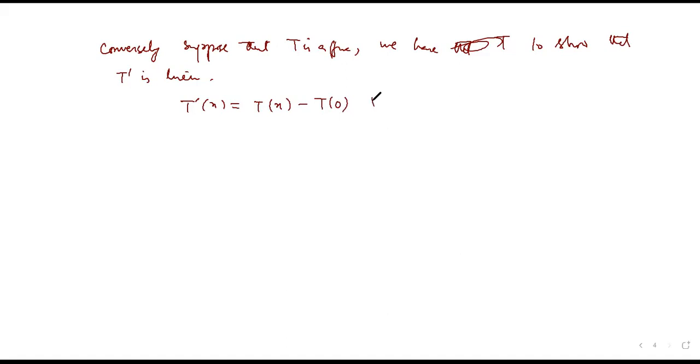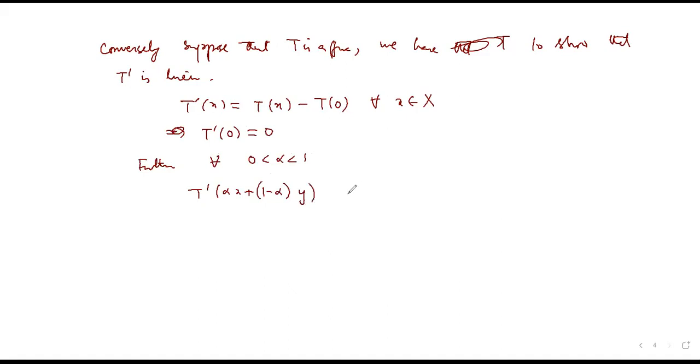That's the definition for all x belonging to X. Now it implies that T dash at 0 is actually equal to 0. Further, for all 0 less than alpha less than 1, T dash of alpha x plus 1 minus alpha times y would be equal to T of alpha x plus 1 minus alpha times y,